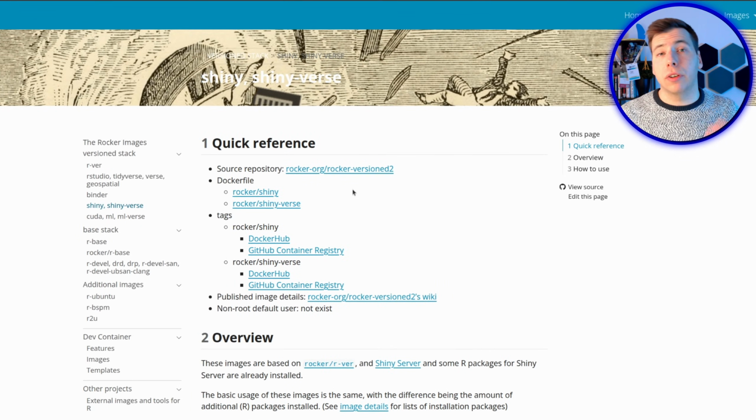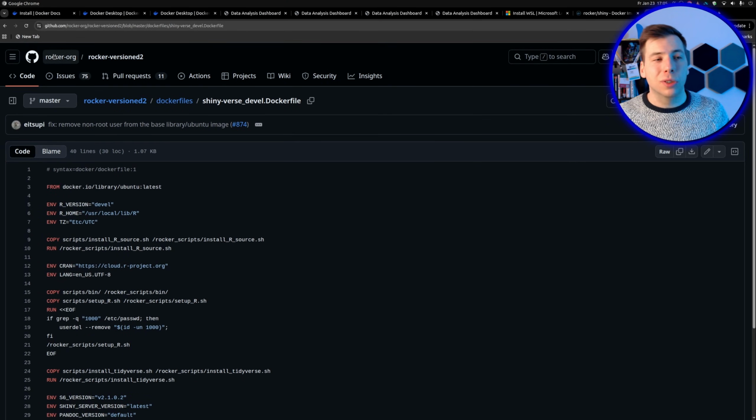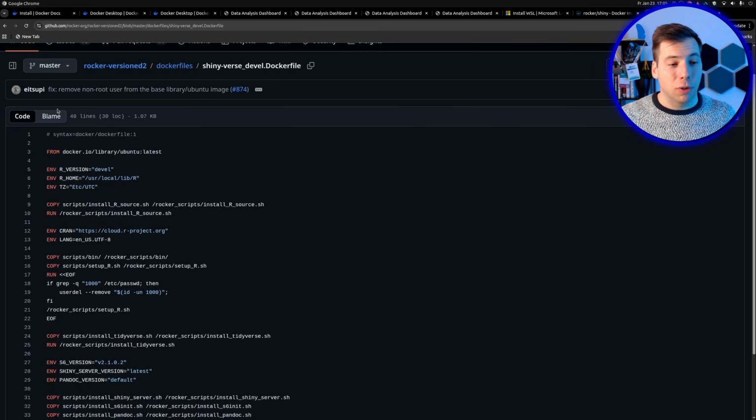For example, you might want to have an R image, but not combined with Shiny, but with some other stuff, or with all the tidyverse packages already installed. This is where a different kind of package could come in handy. For example, the Rocker Shinyverse package already sounds like it combines Shiny with the tidyverse. And here you see that it's just another Docker file, which looks really intimidating